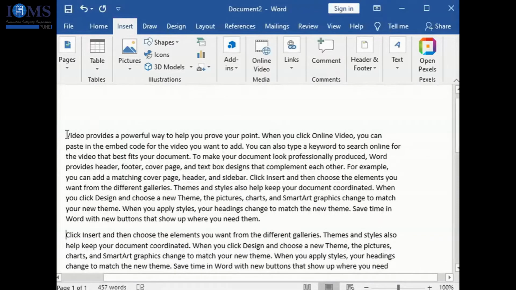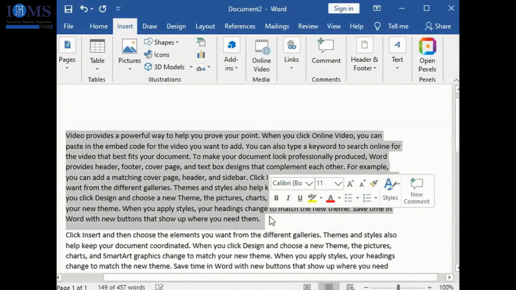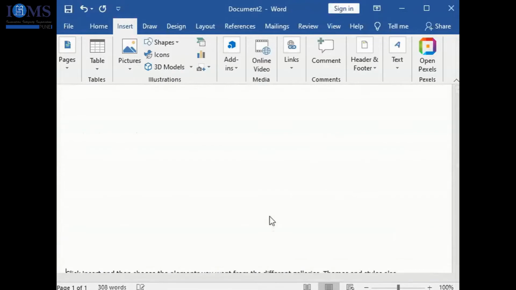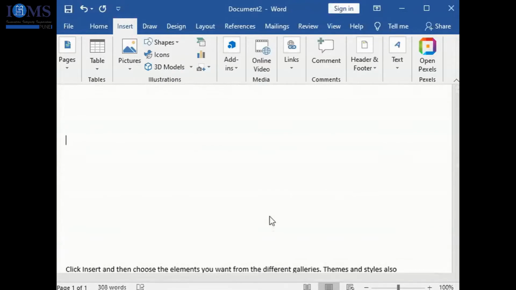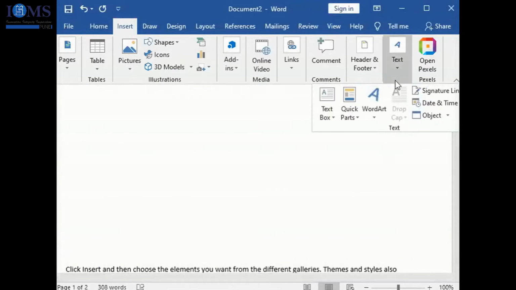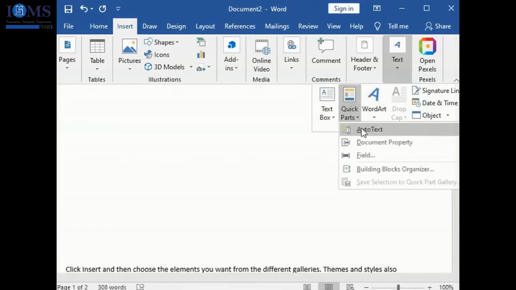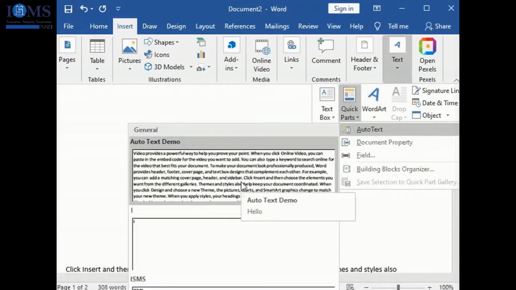I'll show you again. Suppose there is nothing here, and now I want to use that paragraph. Go to the auto text. Now this auto text is already created, right? And here the name of this auto text is hello.